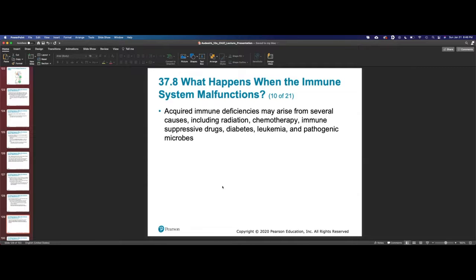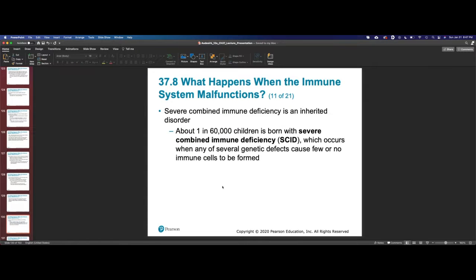So as a triggered cause: radiation, chemotherapy, immunosuppressant drugs, or something you're born with, like diabetes. And then again, some microbes can cause immunodeficiency. We talked about earlier, for instance, complement depletion, when the microbes explode and it uses up a whole set of immune cells trying to deal with every single piece or fragment. Congenital, again, something you're born with. Severe combined immunodeficiency can occur in newborns.